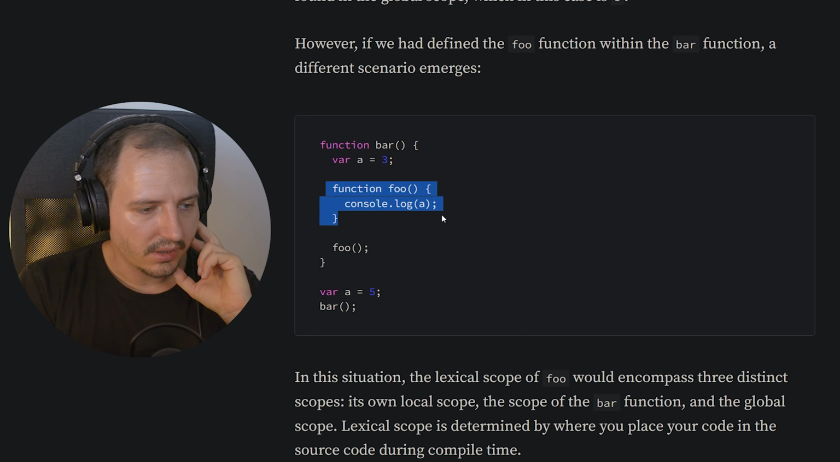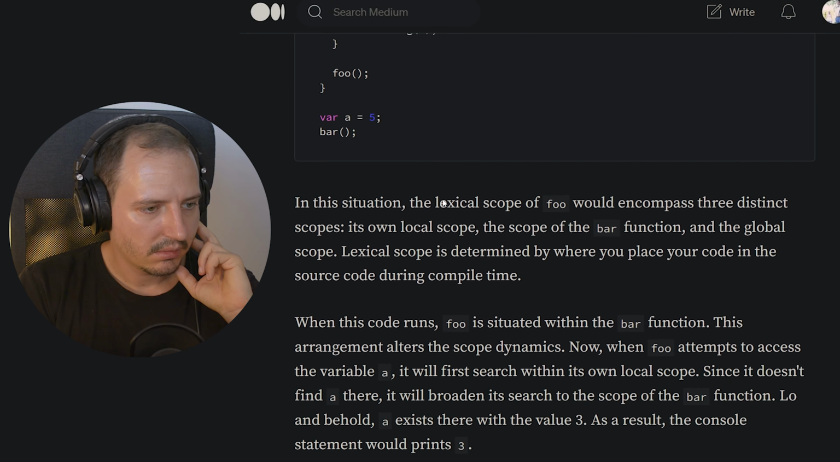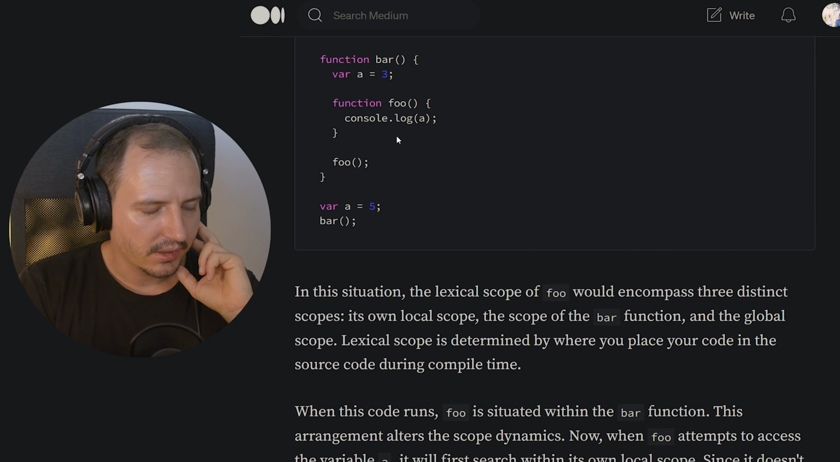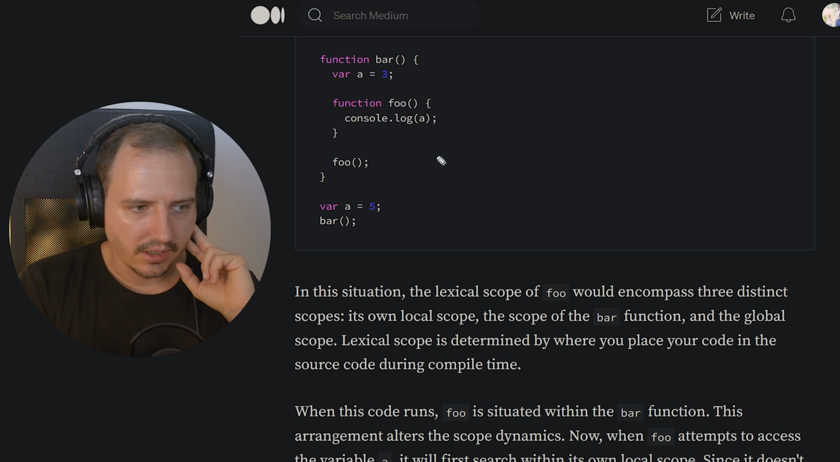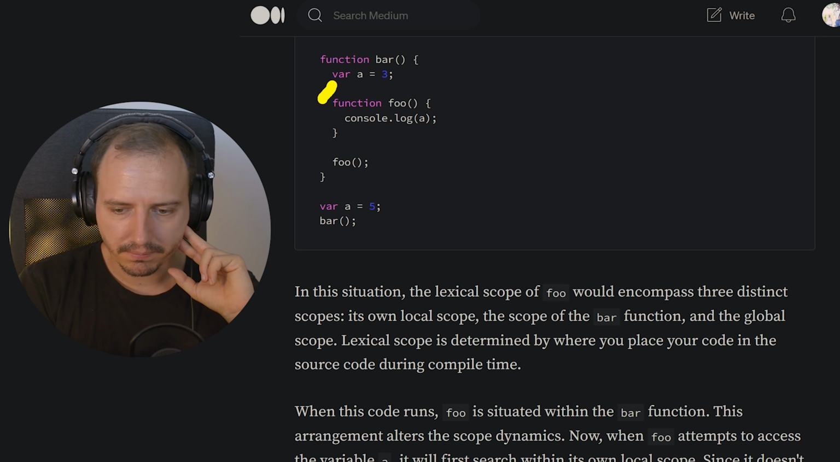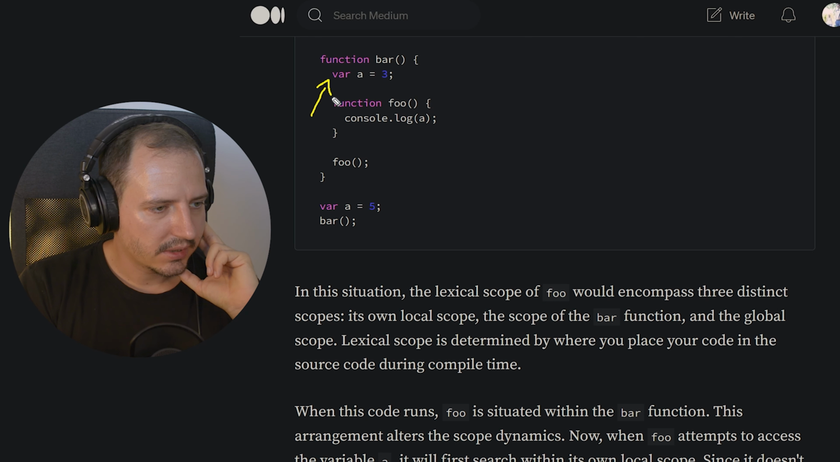So if it's within the bar function, then its next scope upwards is the bar, and therefore it should be, I think, 3, right? Surely, because this comes. Oh my, what's this? So this comes after this, see? Because we're in the bar function scope, where the definition of foo is. So now foo will look upwards into the next scope, the parent scope, which is bar,